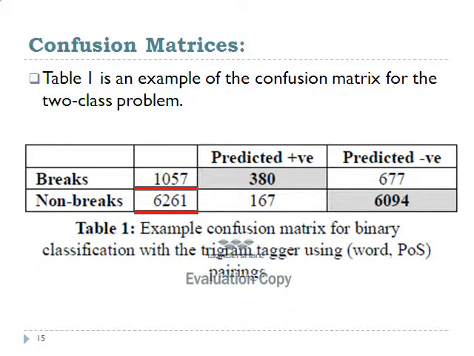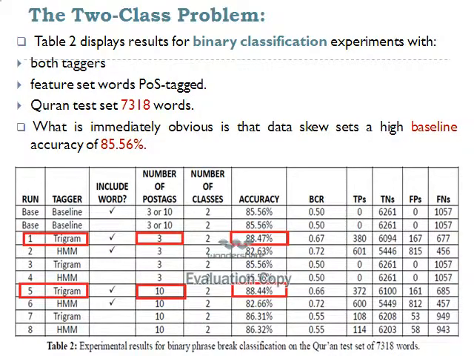Also, we notice that the class distribution in the test set is highly skewed: 6,261 non-breaks versus 1,057 breaks. The 2-class problem. Table 2 displays results for the binary classification experiment with both taggers and feature sets, words and part of speech tags, on the Quran test set,